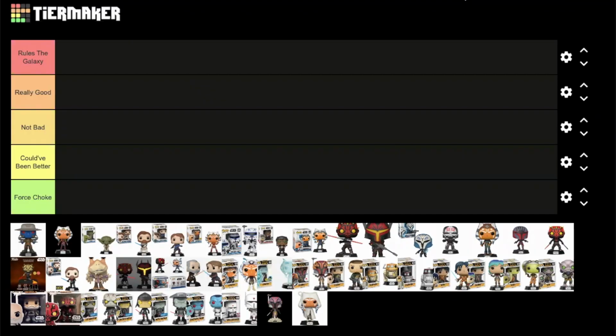Alrighty, so here is the Tiermaker list of Star Wars The Clone Wars and Star Wars Rebels pops. I put both of them together considering that there are only about 20 to 30 pops between each of them, so might as well put them together instead of doing separate lists. But the categories from worst to best, we have ourselves Force Choke, could have been better, not bad, really good, and Rules the Galaxies. But without further ado, let's kick off with the very first pop in the Clone Wars